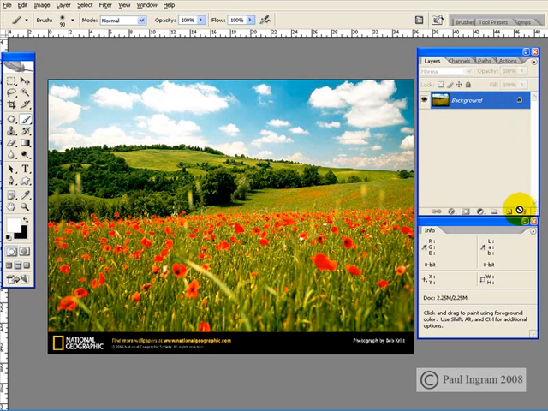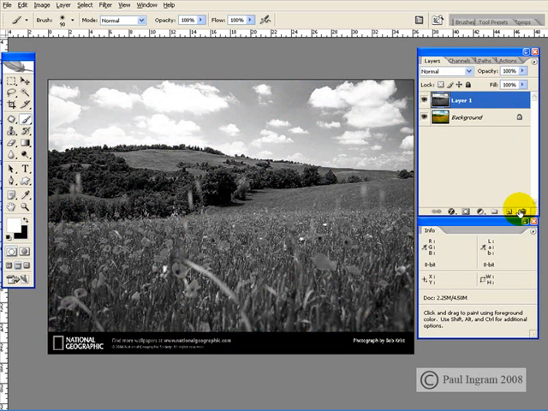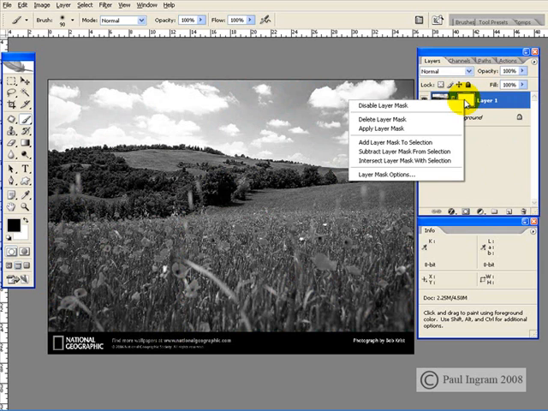So I'm just going to delete that layer and get back to the same position. I'll copy the layer and I'll desaturate it and add the layer mask. So don't forget, you can right click and you can choose from a few options here. These things to do with selections, basically I never use. I've got other ways of working with selections while working with masks, so I'm not going to talk about them